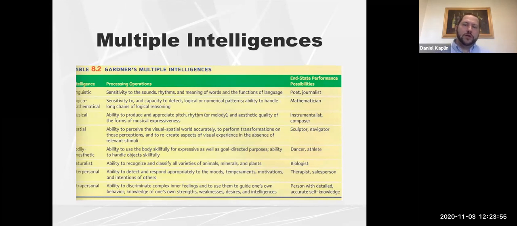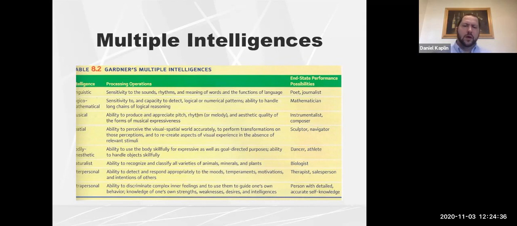Now, Gardner, this is a breakdown of some of the things that he puts out there for his multiple intelligences. Now, Gardner started with 7 intelligences. On this slide, you see he added an 8th, right? And he proposed the 9th, which was spiritual intelligence. He never added it to his model, but he proposed it, so clergy, spiritual leaders might have giftedness in there. Now, there was an individual by the name of David King who ran with that, and he created something called the CISRI, which is a spiritual intelligence scale.